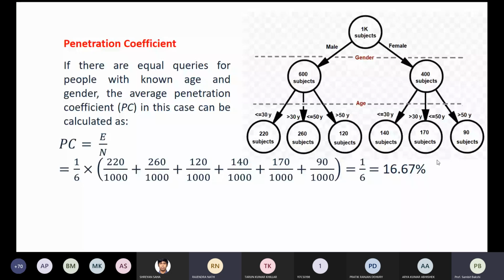Right. If you want the computer to run an algorithm for age or for gender, the problem is that it will consume time. At the same time, if that decision is wrong, every decision after it will be wrong, isn't it? If that decision is wrong, you are going to some other node where the person is not there. So what I meant to say here by age and gender is that the